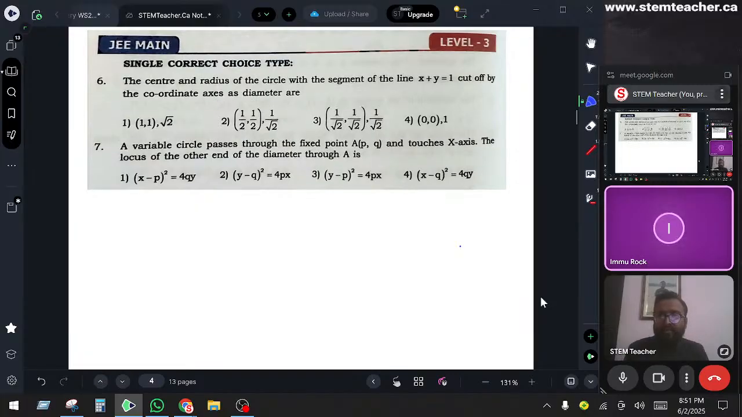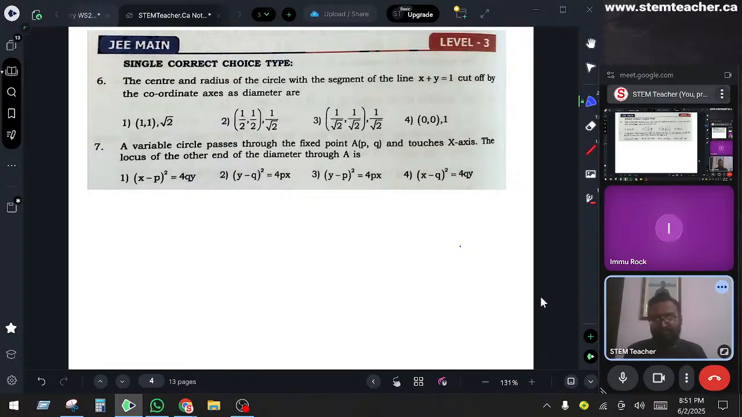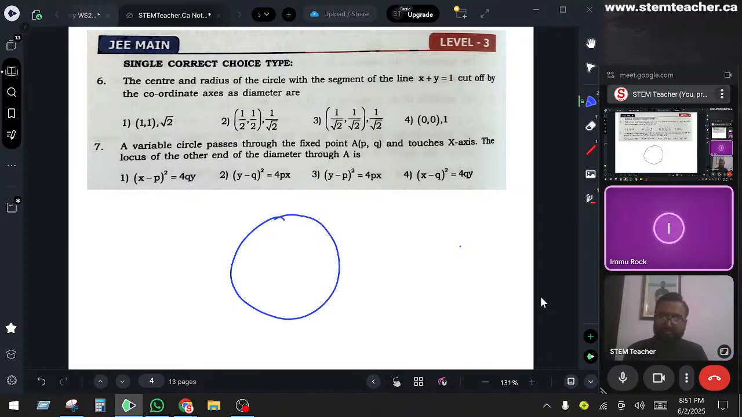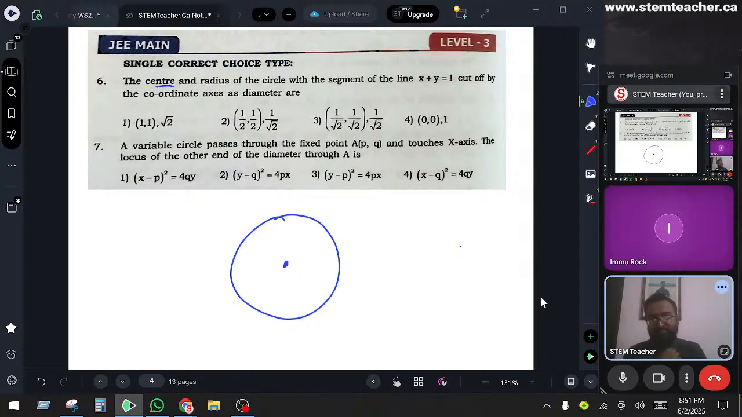The center and radius of circle with a segment of line. He's asking what is the center, what is the radius. A line segment